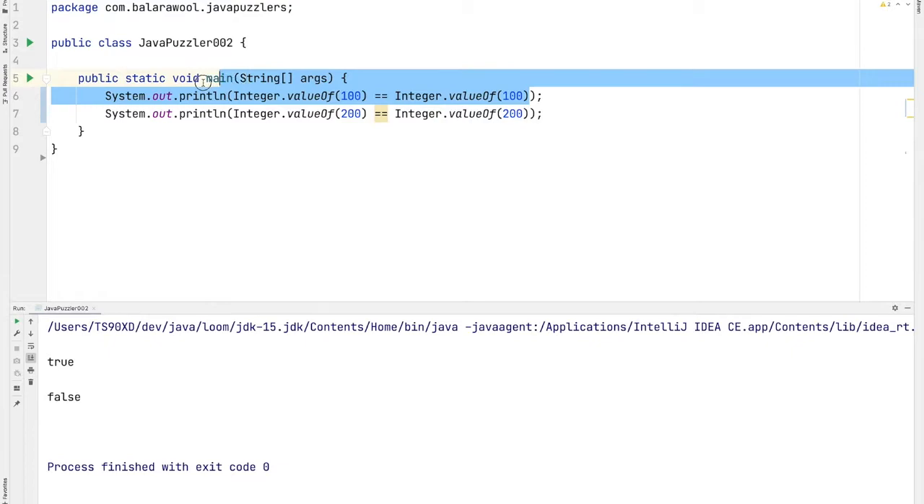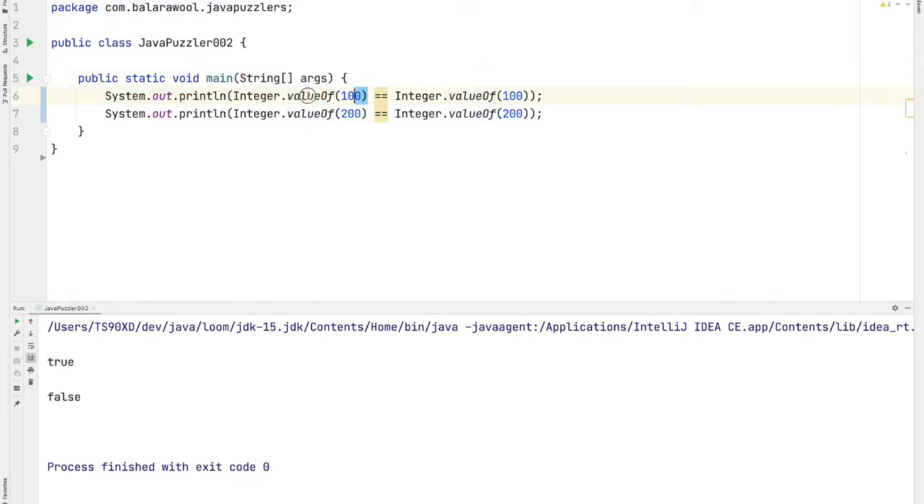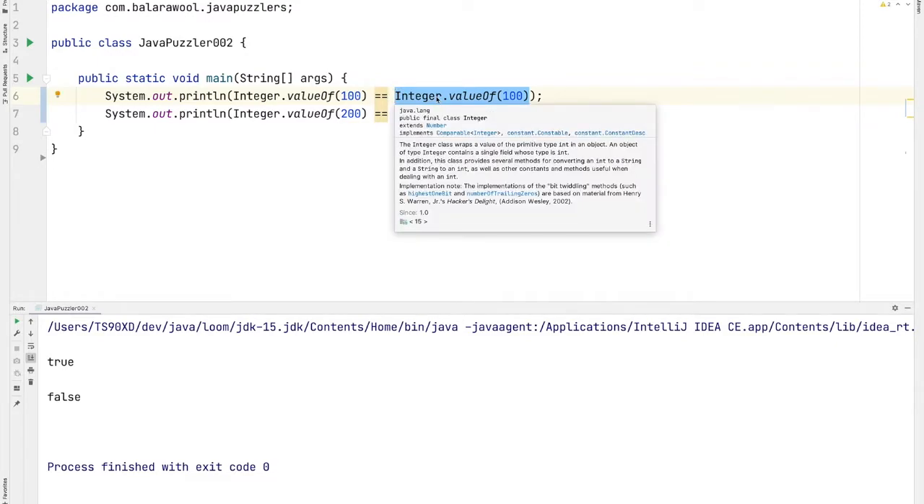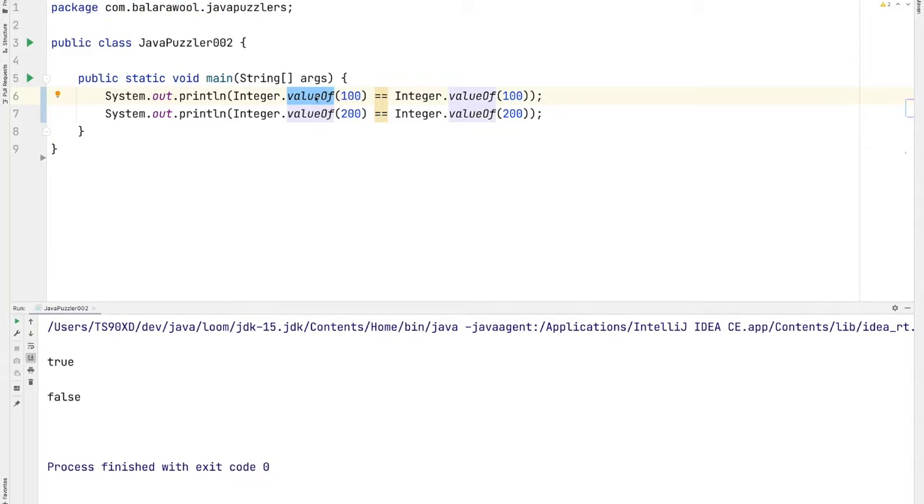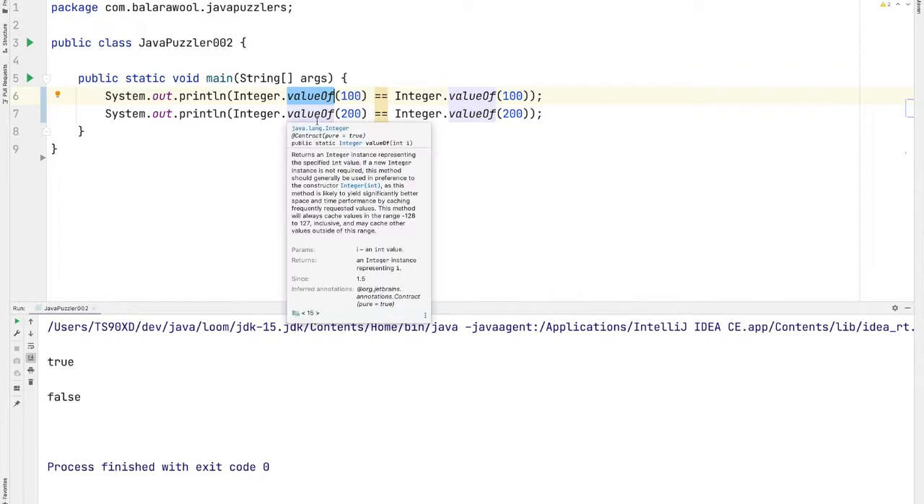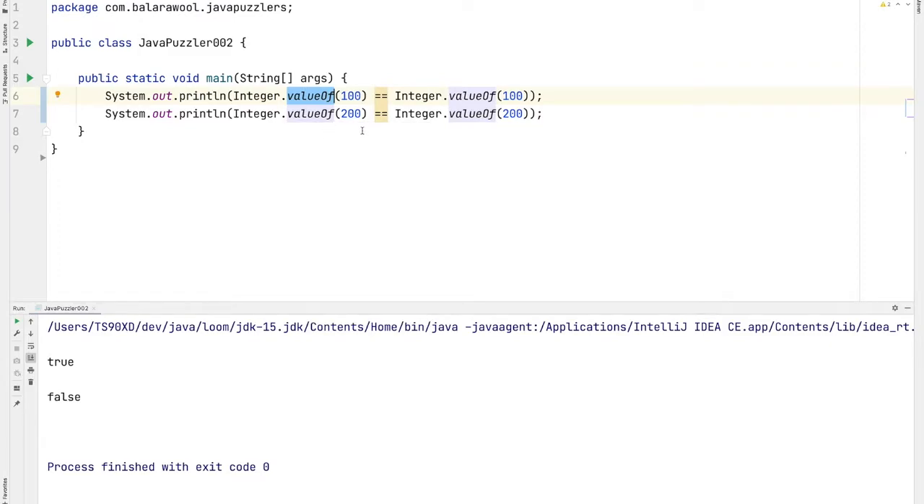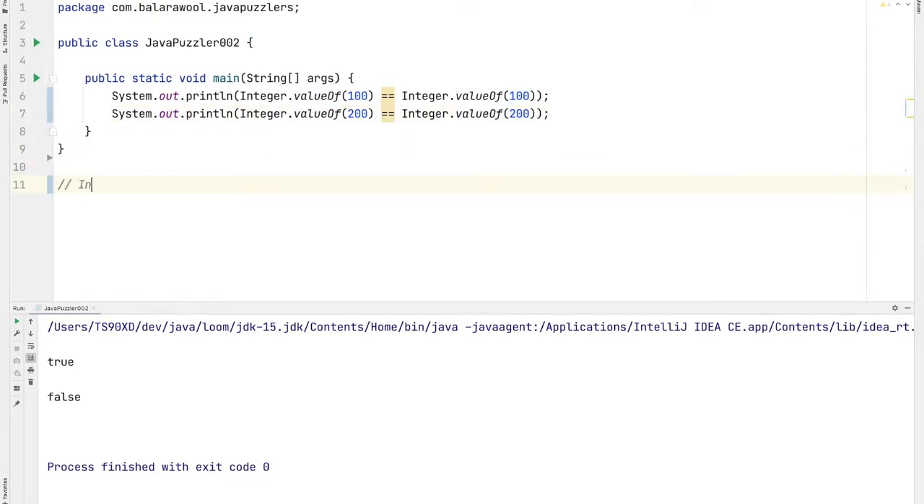It is true for the first one, which means that the object returned by this expression is same as the object returned by this expression, which means valueOf is actually looking at the value that we're passing and it is returning the same object when the value is same. But if that is true, then the second expression should also be true. Now what's happening here? We are passing 200 and for 200 valueOf is not returning the same object. And yes, that's true. Now this happens because Integer class